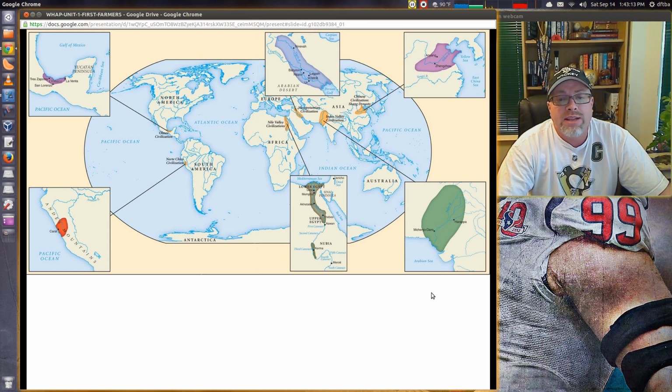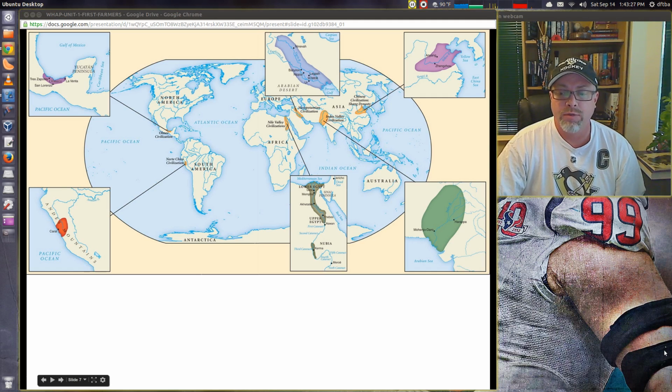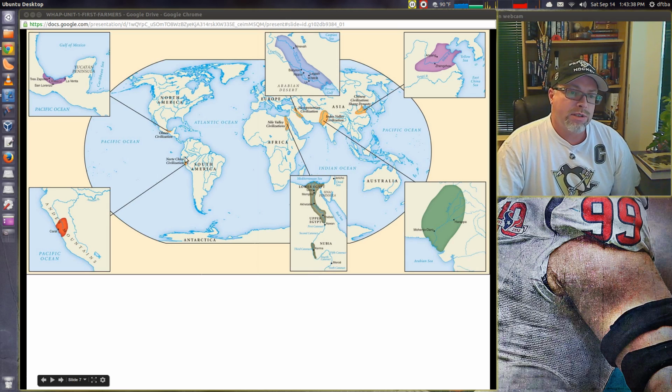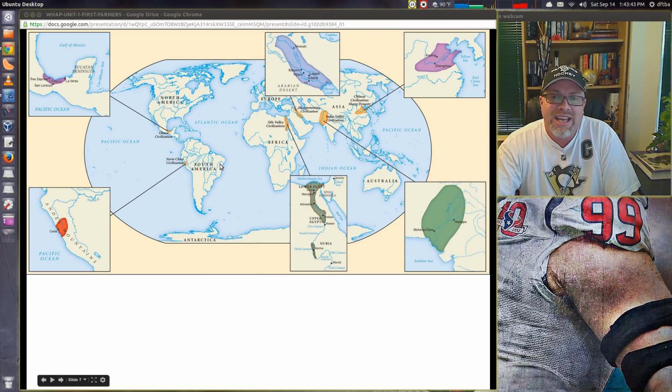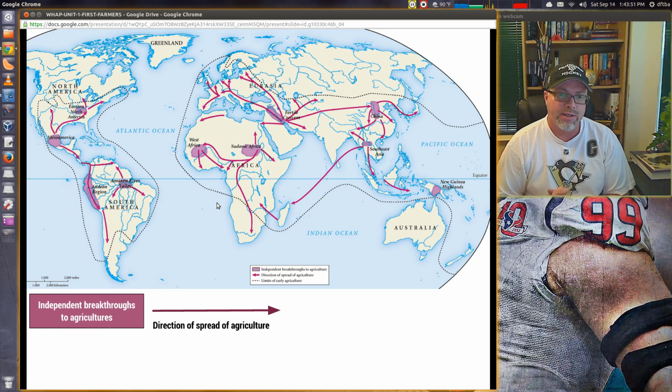The Indus Valley civilization is really pretty intense. I mean, they develop a strong civilization that, today, we don't have much evidence from, but the evidence that does remain is, wow, pretty amazing, and a great group of people that could do some incredible things. The lower Egyptian area here, or all of Egypt, develops. And we've got this area which is in today's Peru, which is called the Norte Chico civilization, later becomes the Inca. So here's your independent breakthroughs to agriculture.